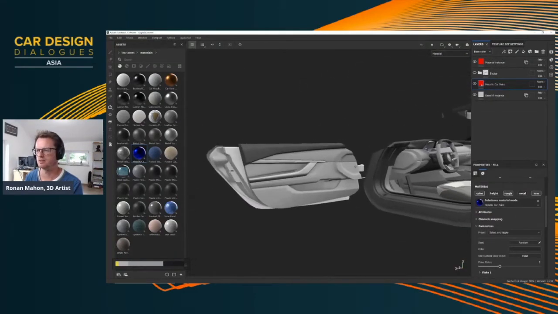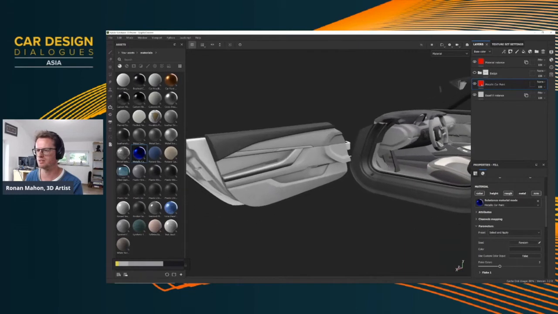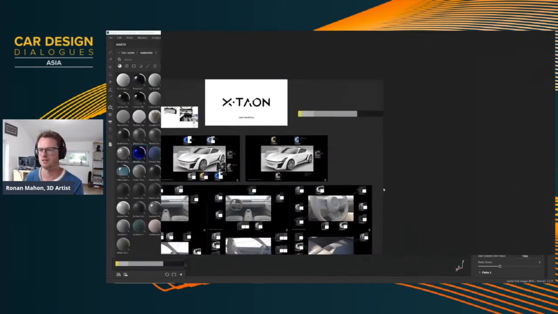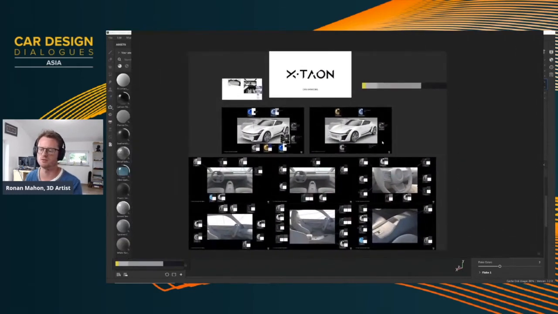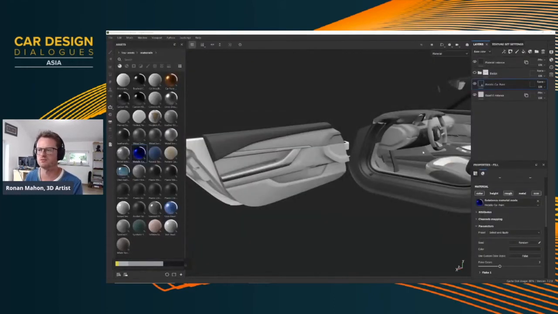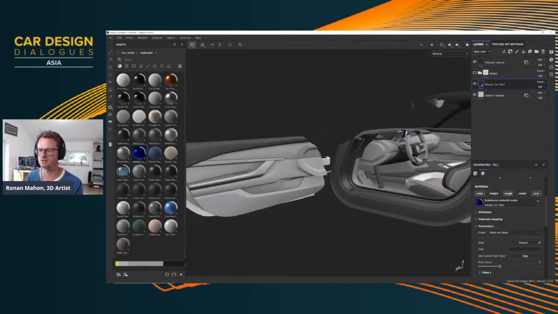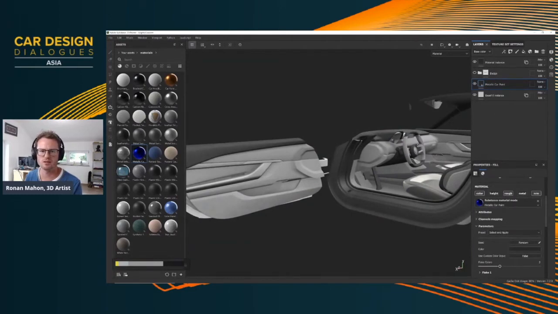Now, at this point in the project, I've just blocked out some materials. I've applied an ACES color material and a finish board. And she wants to see how it's looking because, you know, it's not a one-way process. We probably need to come back a few times, go back and forward, iterate on our design. So I'm going to quickly send this asset to Substance Stager. So again, this is live. This is all going to happen right in front of you. I'm going to send it over to Stager.